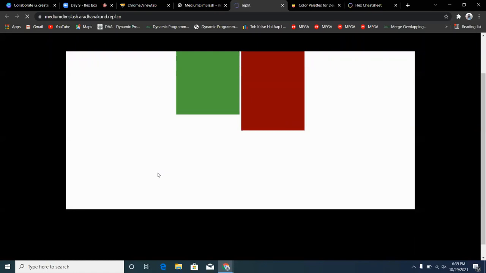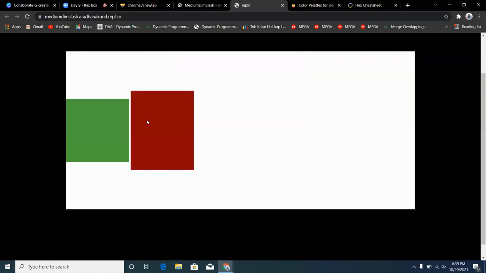When I write align items center, you can see that both the items are aligned to the center but individually. This is the center in their particular column, aligned to the center according to their entire width. You can see that this is on its center, and this is also on its center.